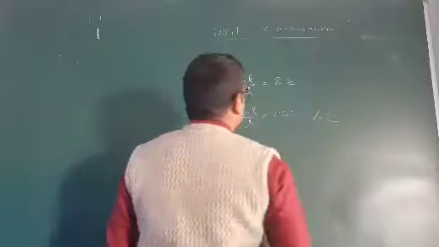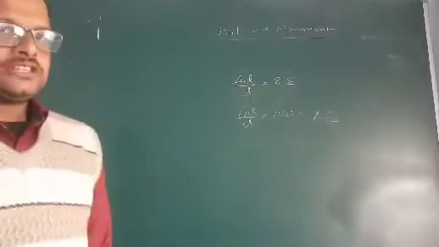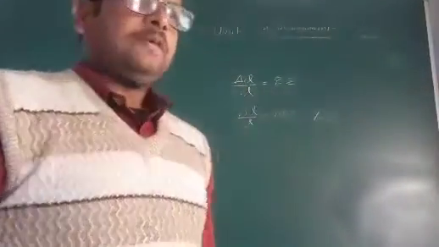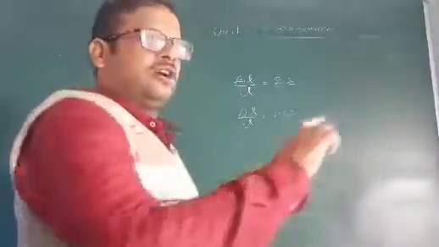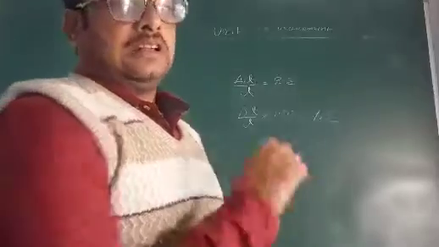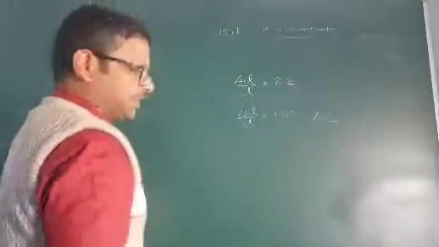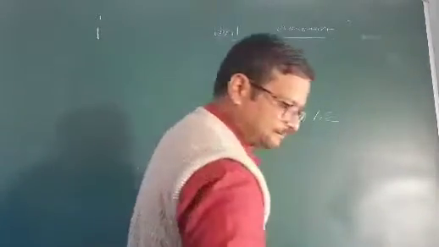When we multiply relative error by 100, this is called percentage error. So in case of multiplication and division, the sum of the relative errors of all the data is equal to the relative error of the resultant value. Okay, let's start.